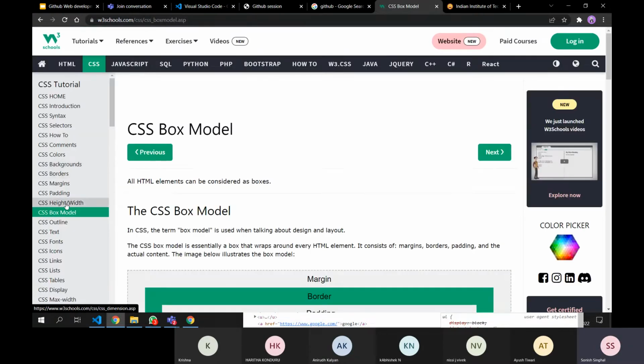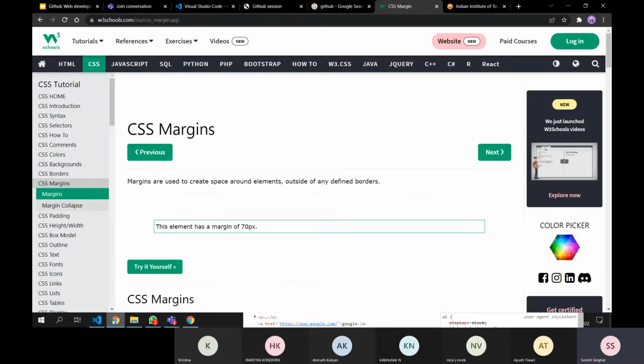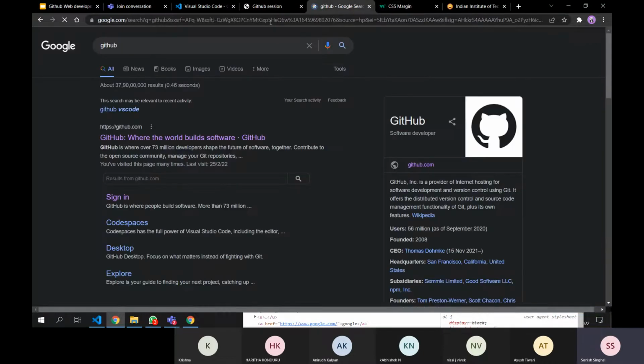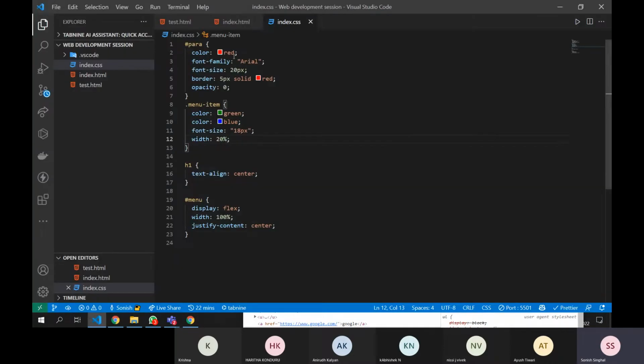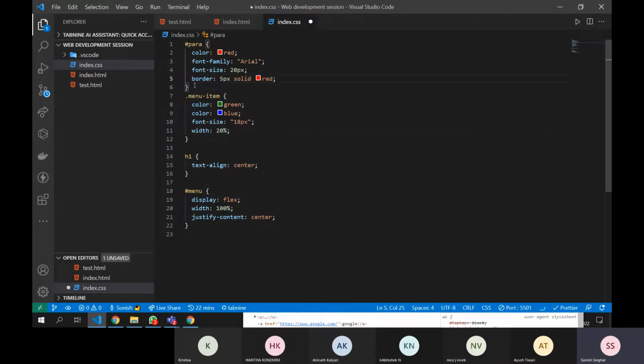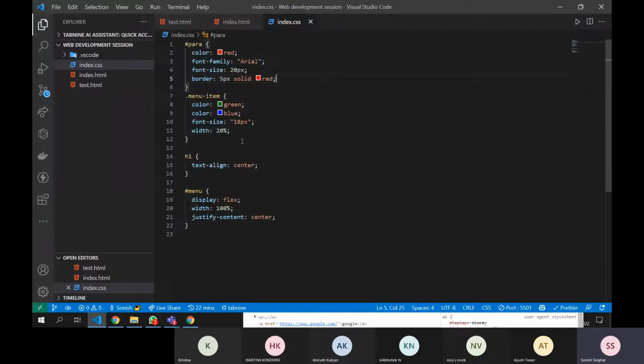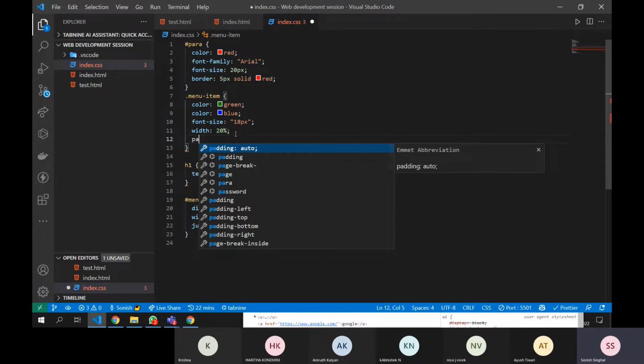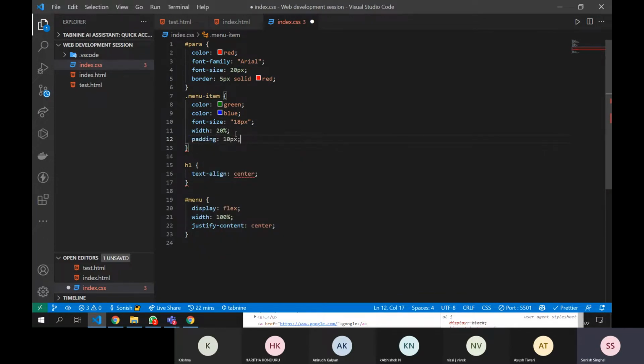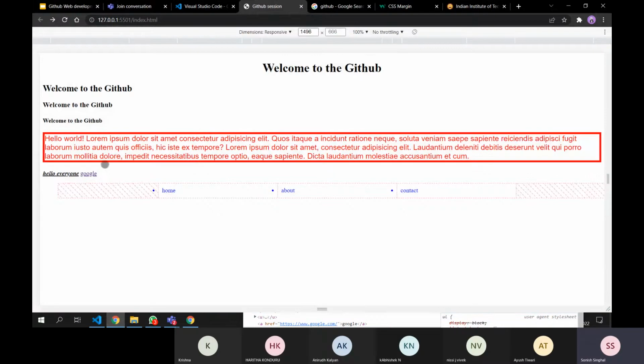Suppose I want to change the box model, width, height. I want to work with the margin and padding. And one more thing: what is the difference between margin and padding? Let's get back to our paragraph tag, where I changed the opacity to 0. You can see there is no space between the box and that. When we apply padding, it changes the inside space, and margin changes the outside space. When I give the padding 10 pixels, it will give 10 pixels of space inside.